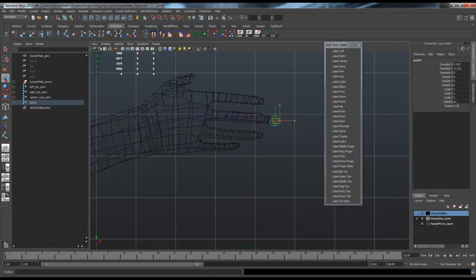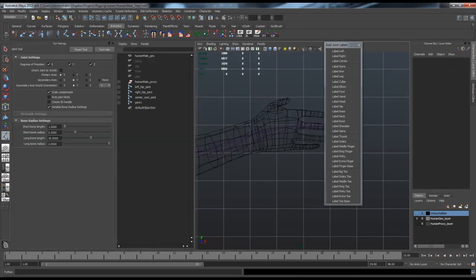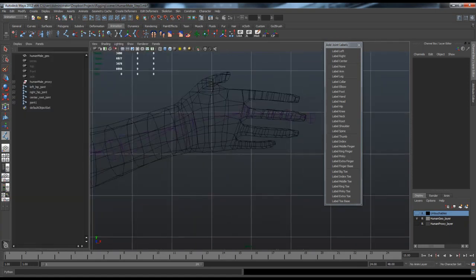And that is going to adjust our joint placement ever so slightly, so just fine tune that to match your mesh. And then I'm going to go to my joint tool, and I'm just going to set both of my joint radiuses to 0.25